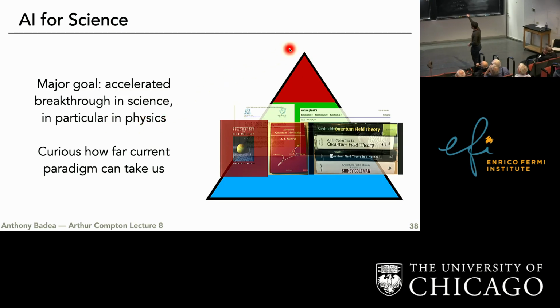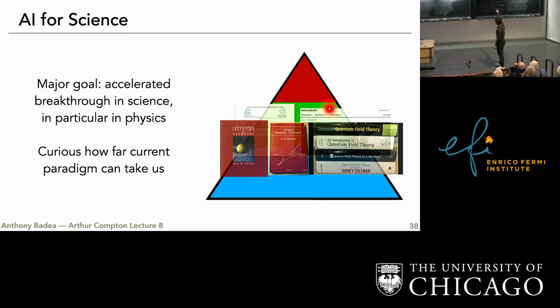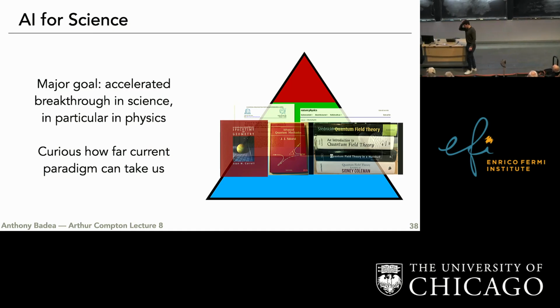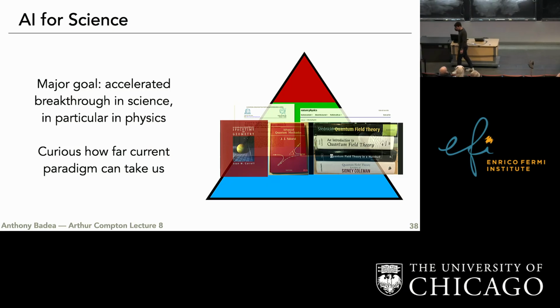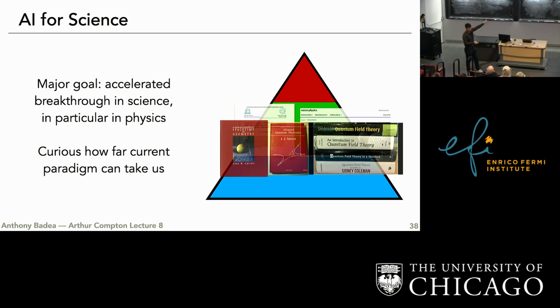And so roughly, in my head, what this is saying is, can I have an AI that solves all of the physics questions inside all of the textbooks that I had to study as a grad student? So it solves all of those, and then it goes one step higher and looks at all of the current research and understands all of that, and then it actually makes predictions. Though it sounds kind of outlandish, there are current attempts to do this, and the curiosity here that I just wanted to let you in on is if the current paradigm will actually take us to this place. And I see, do you have a question?